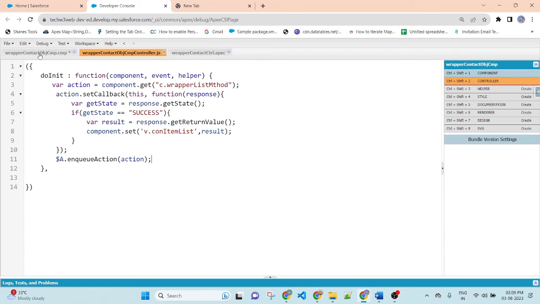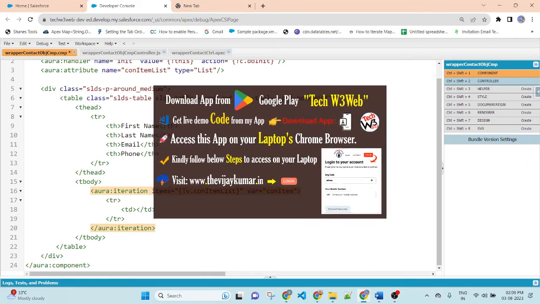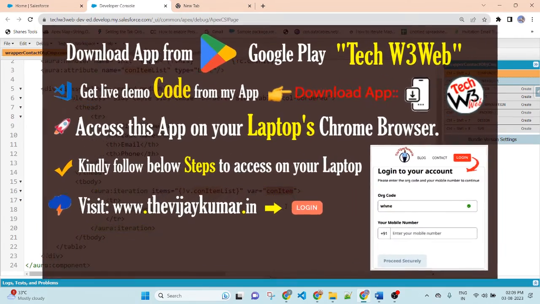Now this attribute value holds all of the returning list of contacts. So here I will pass the field names one by one. The data comes in this list, and this is the item.